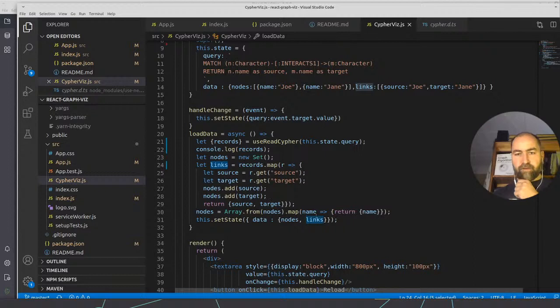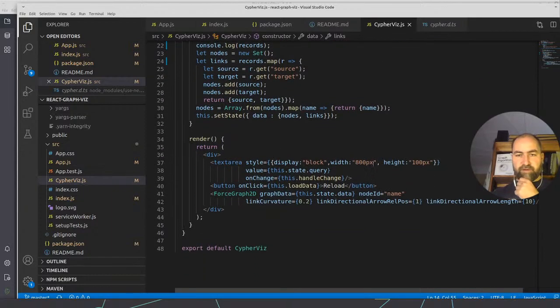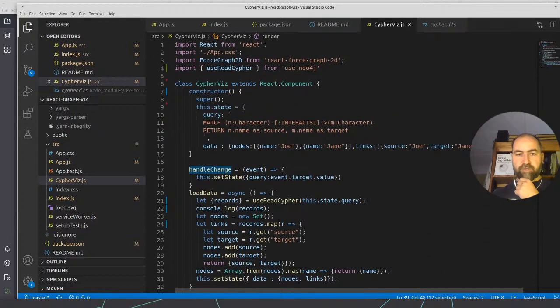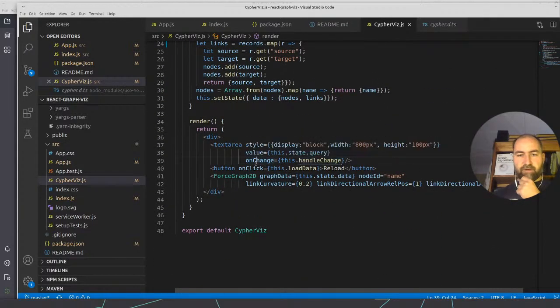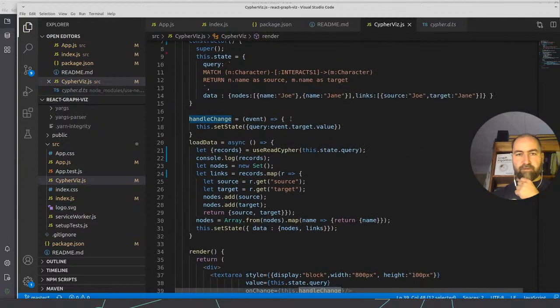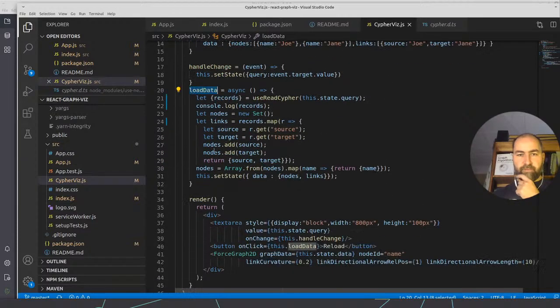And then basically this is my data here, which I start out with some fake data, and then basically have the query here, which whenever I change the query, it changes the state. And then when I click it, it does the reload and calls the load data method here.